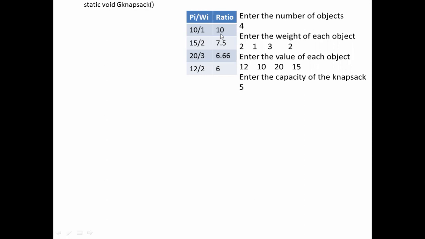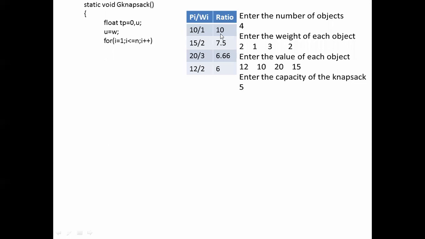Okay, let us discuss greedy knapsack, that is G knapsack. I have given the name as G knapsack, static void G knapsack. I told you, this method or function is static because I am calling it without creating the object. Float TP. TP is total profit at the end of this function or method. Total profit is initially 0, and you will hold the remaining capacity of the knapsack. Initially U is equal to W, the entire capacity of the knapsack, which is 5. So U will take the value 5.